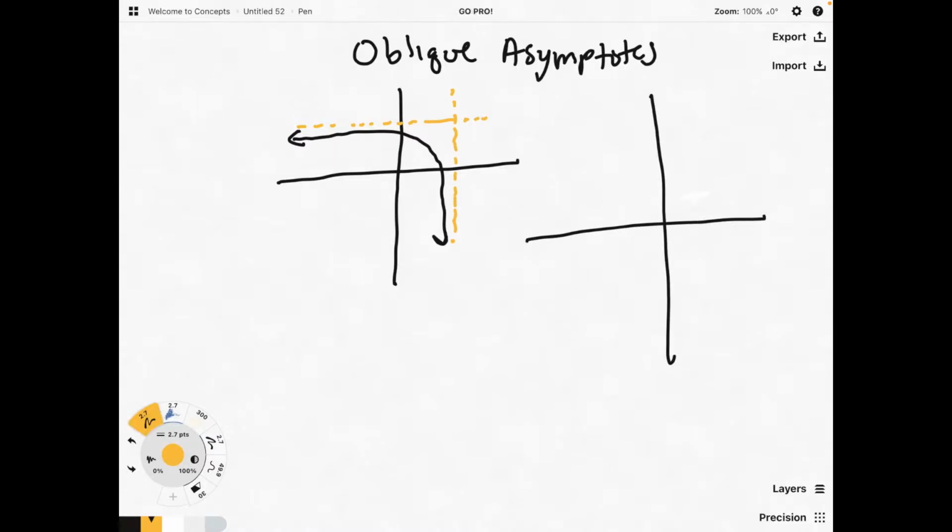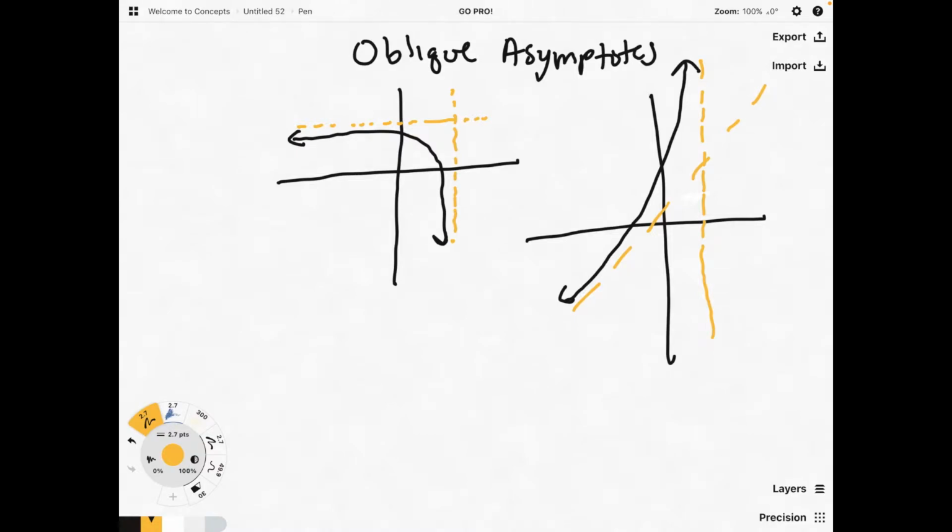So an oblique asymptote takes on the look of this. And so similarly to horizontal and vertical asymptotes, this graph will approach this line but will never touch it. You can have vertical asymptotes, you can have oblique asymptotes, and you can also have horizontal asymptotes all in